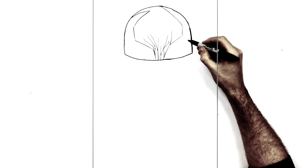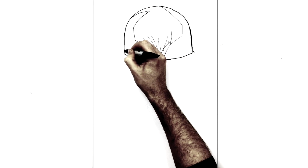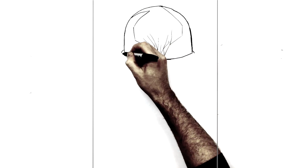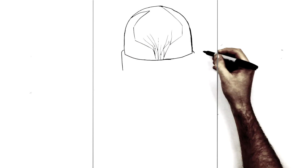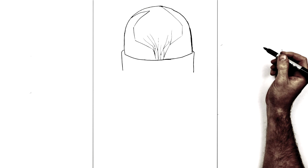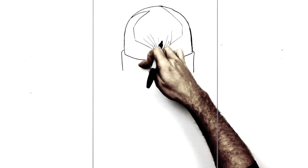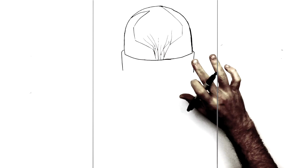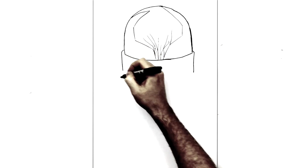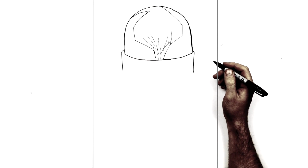So the visor then that covers his eyes: we have just a curved line that comes out the side here, and a curved line that comes out the side here too on the other side, just like this on both sides. And then this goes down like so, and this goes down like this. And then this comes across and has these spikes on various sections across the visor. So we'll do the spikes first, and then we'll do the line underneath, because they jump over these lines. Of course, if you were doing it with pencil, you could erase any lines you draw over as well,